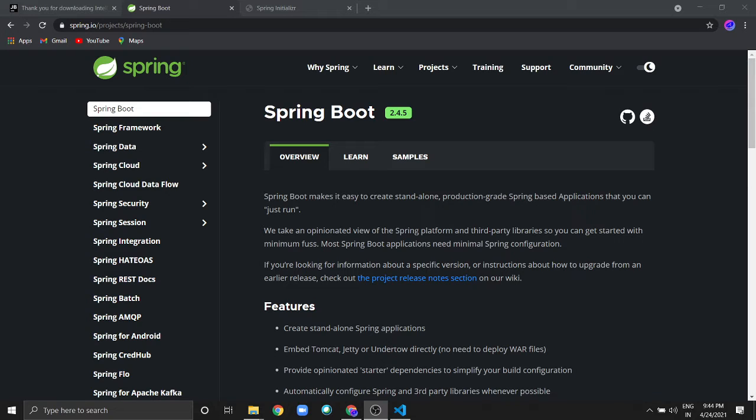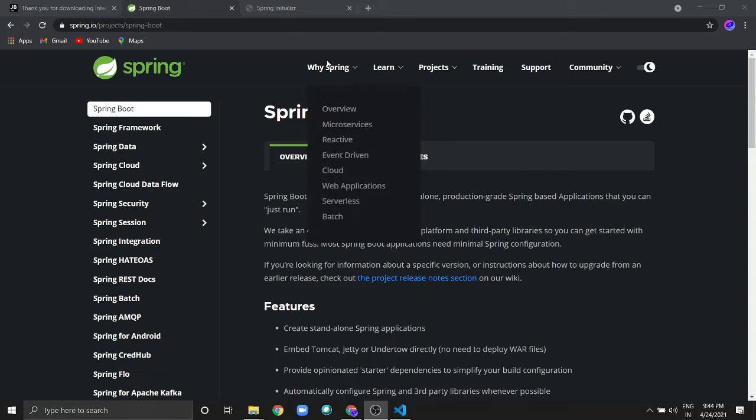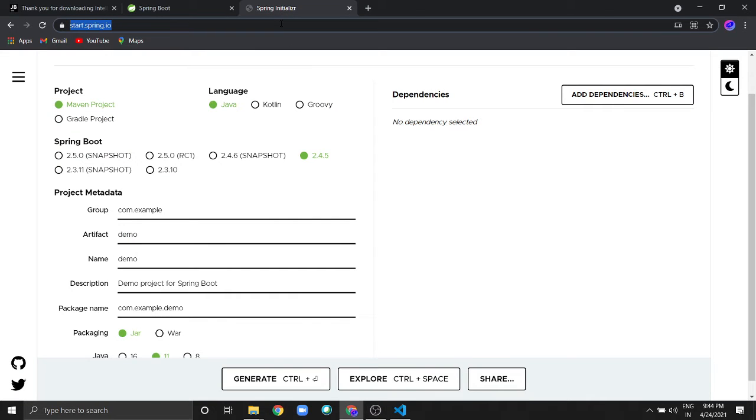Hi, hello everyone. Today we will see how to create a Spring Boot application and expose a REST API. For that, we will use the Spring Initializr project created by Spring. We'll go to start.spring.io and select the Maven project and language as Java and select the stable 2.4.5 Spring Boot version, and we will change the artifact name, group name, and these things according to our